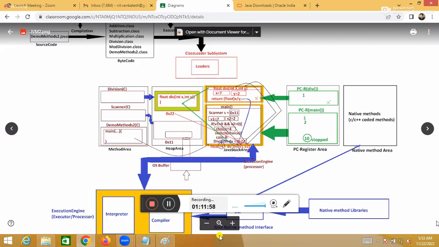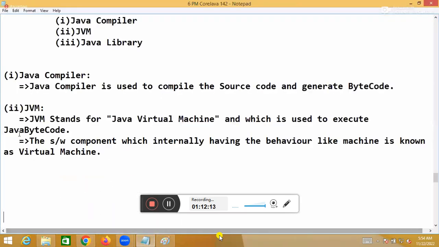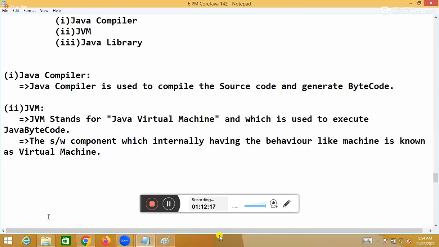Our kit contains three tools: one is the compiler, one is the machine, one is the library. Just for motivation I showed you; I'm going to decode the total machine for you. This is JVM. Today I wrote only two paragraphs, but I'll come back. Now comes the important one: the Java library.